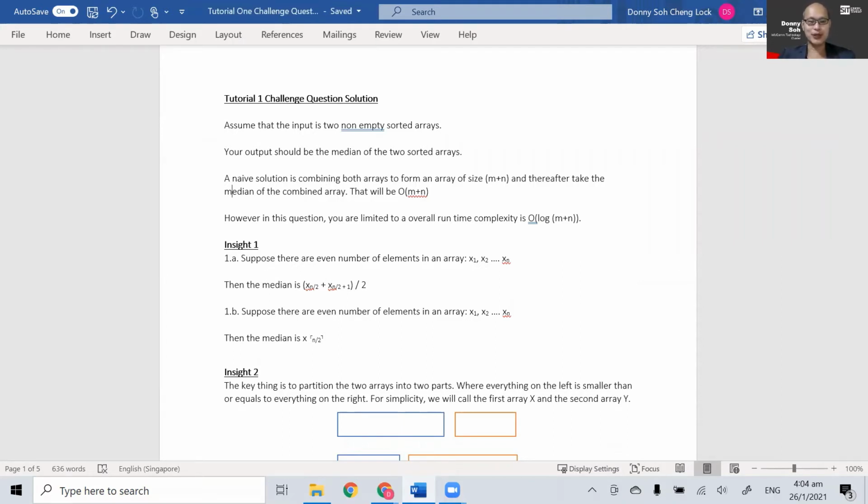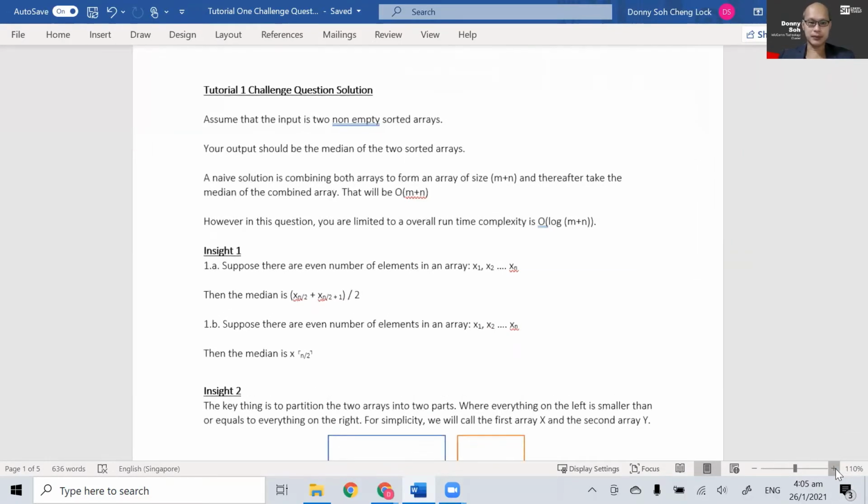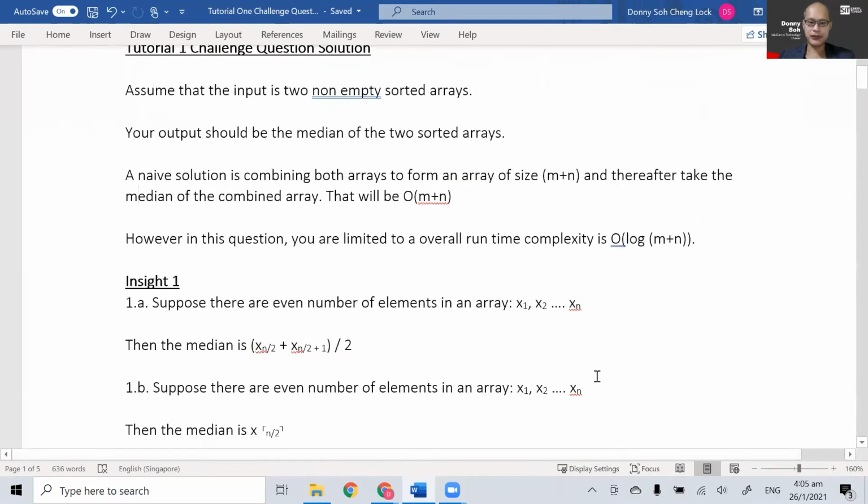What we want to try to achieve is O(log of m plus n), which means that we need to do a little bit of a search in order to achieve that. In total, there are 5 key insights that you will want to take note of. Let's maybe make this a little bit bigger. The first insight is